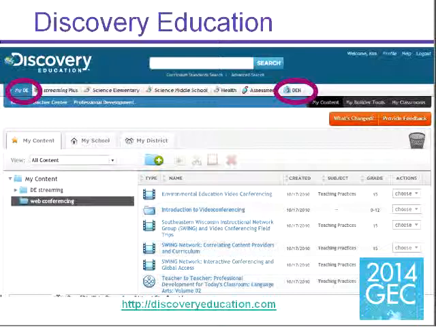And Discovery Education, how many of you, by typing in the chat, have Discovery Education services? I know a lot of states, yes, a lot of states provide it. I know Texas does. But if you are part of the Den, it has a lot of virtual field trips.